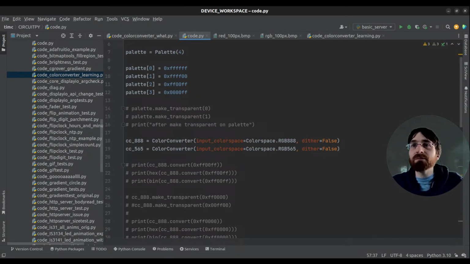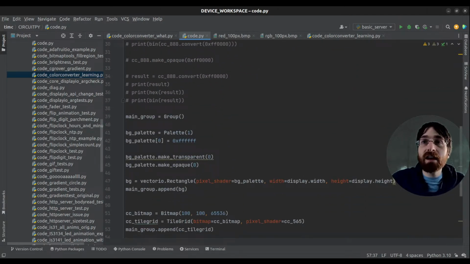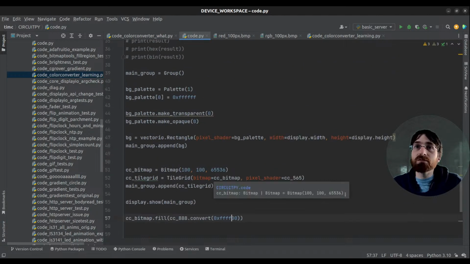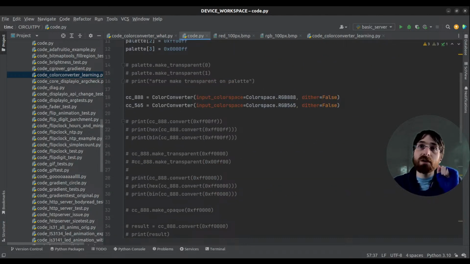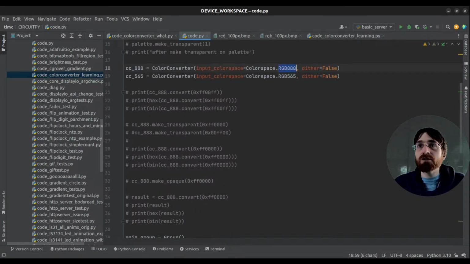Let me just say up top, everything that I will say is how I understand it now. It may still turn out to be not true, so it's not necessarily a stream where you can base everything on what I'm saying. This is my current understanding. I may or may not be correct, and hopefully we'll come to an understanding of it. But what I think right now is that RGB 888,